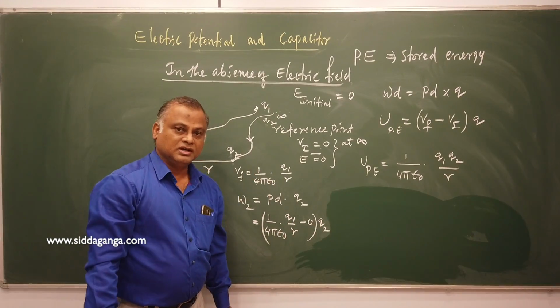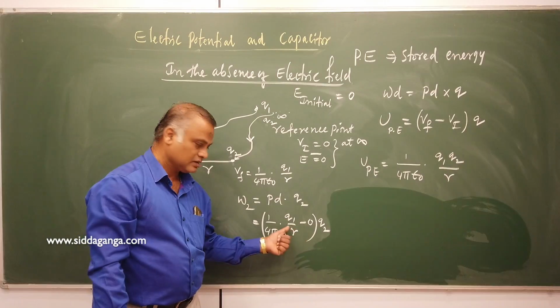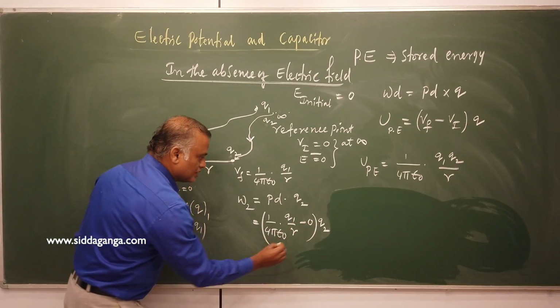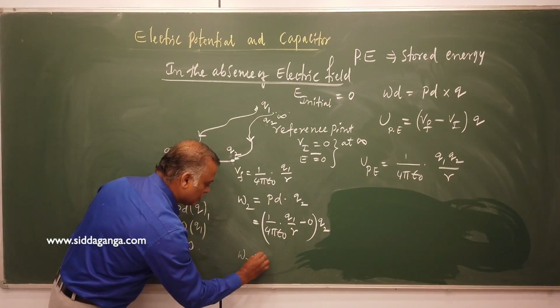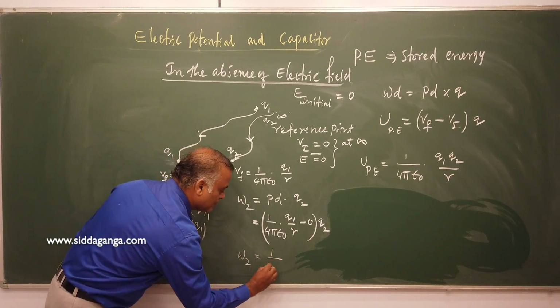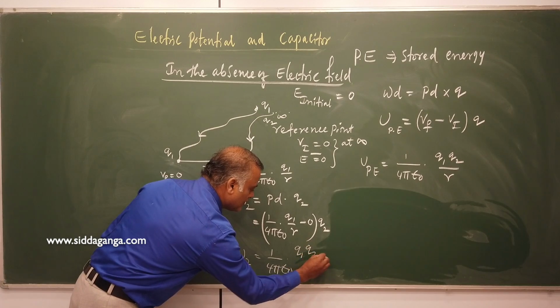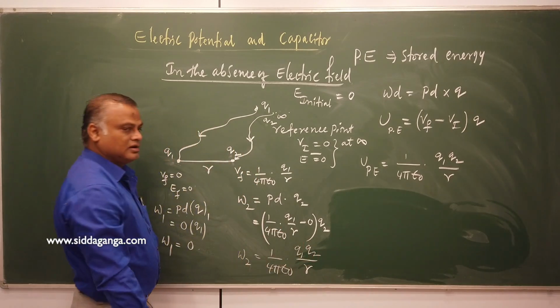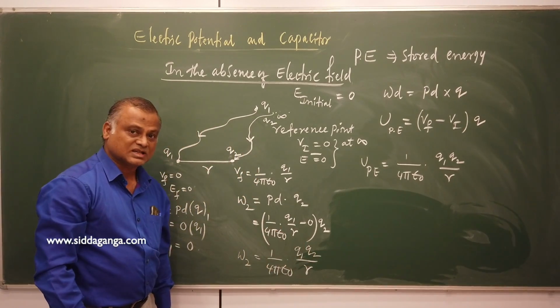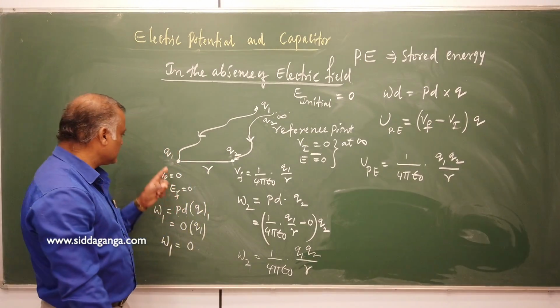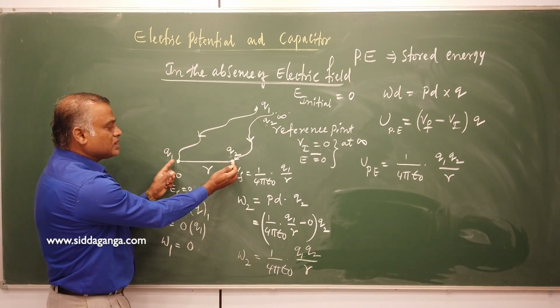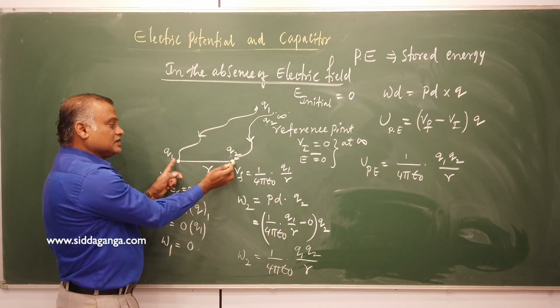Have you understood, my dear students? This, just multiply. You will get it. Work done, WT, is equal to, how much you will get? 1 divided by 4 pi epsilon naught, Q1 Q2 divided by R. Now what is the total work done in assembling how many charges? 2 charges, that is Q1 and Q2. Now they have occupied some space here. So energy